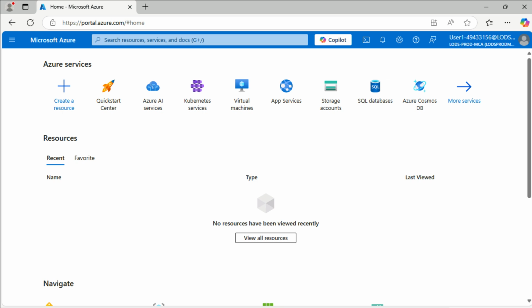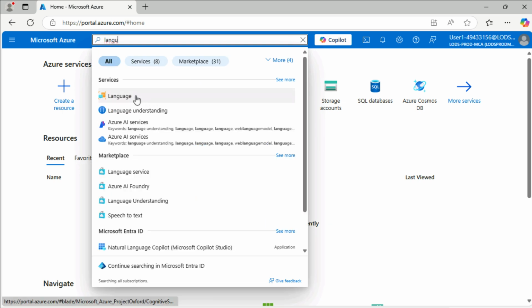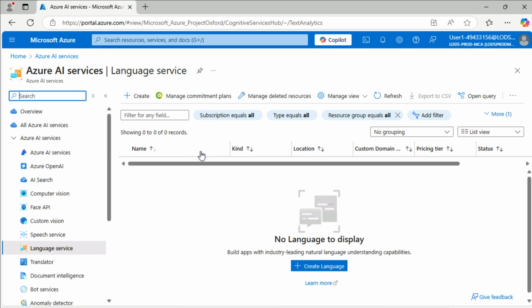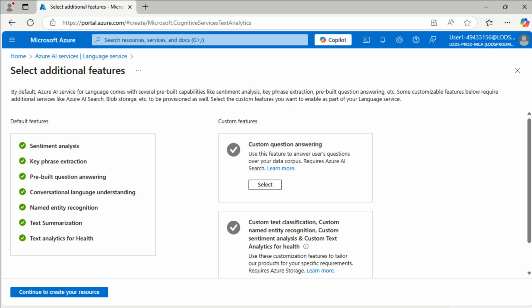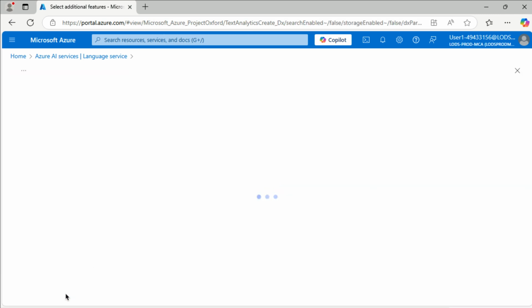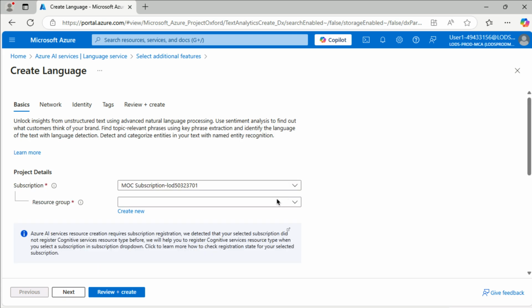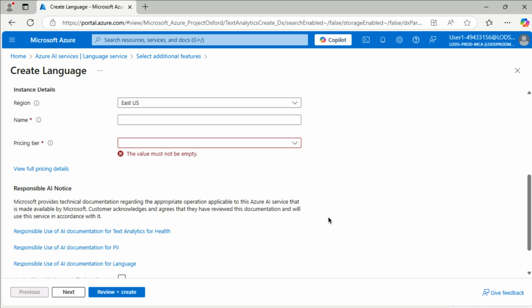So we need to start off by creating a language service. Again, we're not using the multi-service resource for that. So again, we're going to create a language here. And then we don't need any of the custom features. We'll select our resource group. And then for the location,